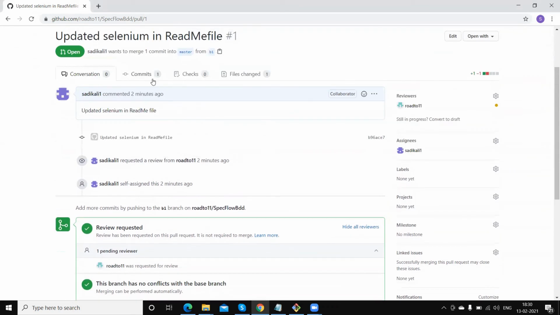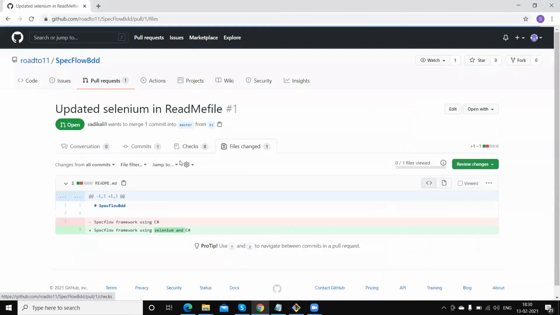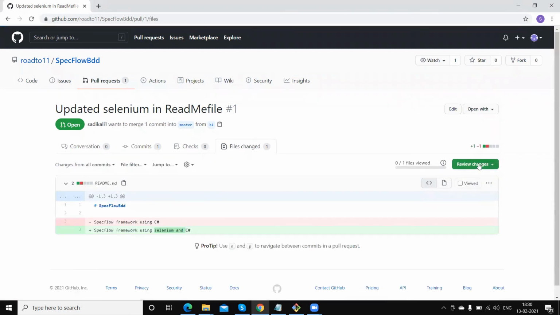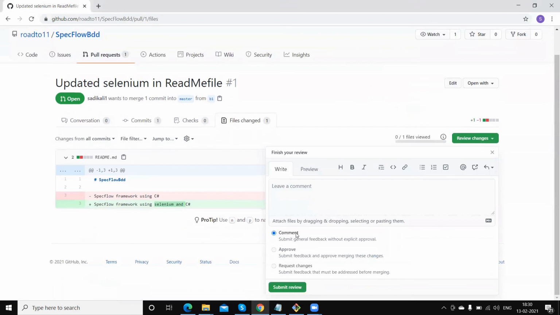Okay, so here on this side, review changes, click on this. You can approve the changes as well as add some comment.